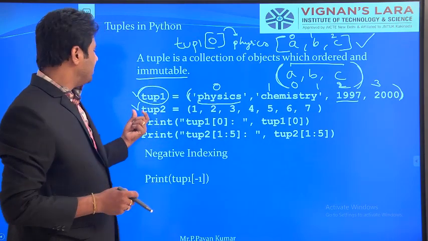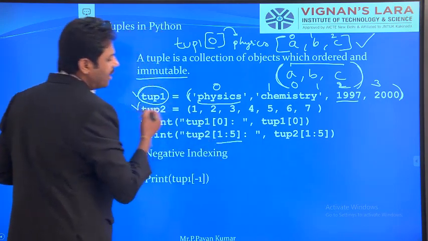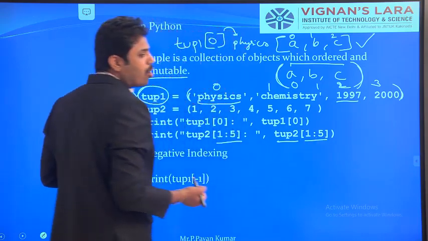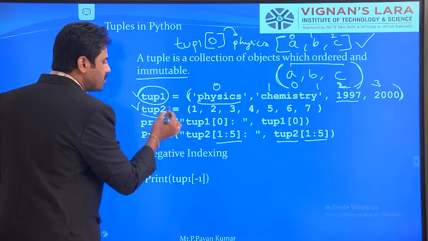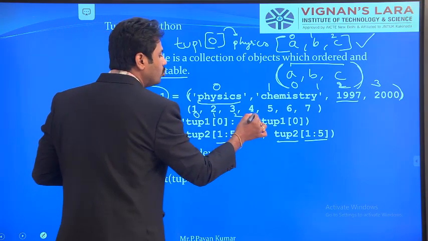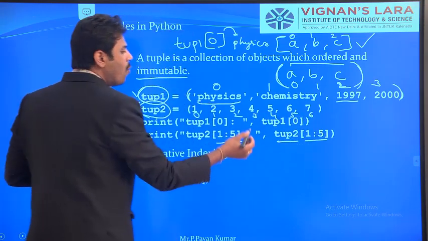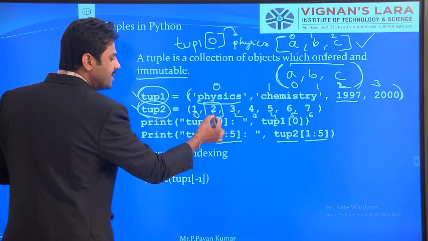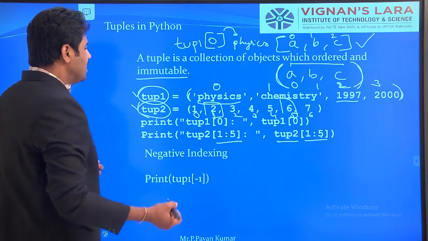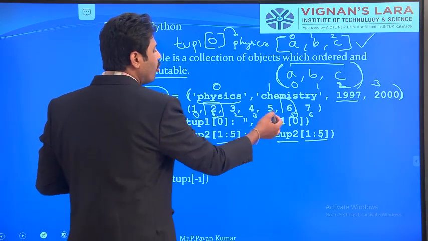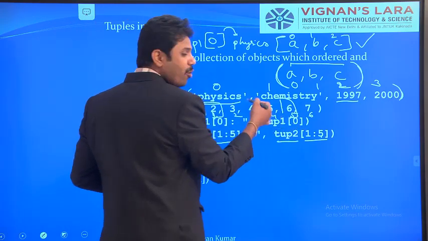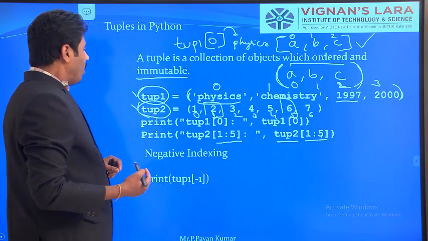And you can see here I use the slicing operator. Here I'm just using tuple 2 of 1 colon 5. What is tuple 2? This is tuple 2. Here 1 colon 5, let us write the index first. This is 0, 1, 2, 3, 4, 5 and 6. This is index 1. And 5 is this one. So it prints values 2, 3, 4, 5 only, not 6. So it prints up to the index before 5 only. Okay? So you can access like this.